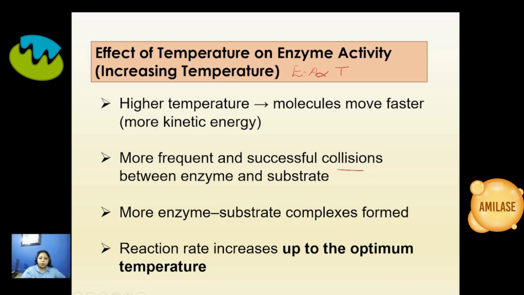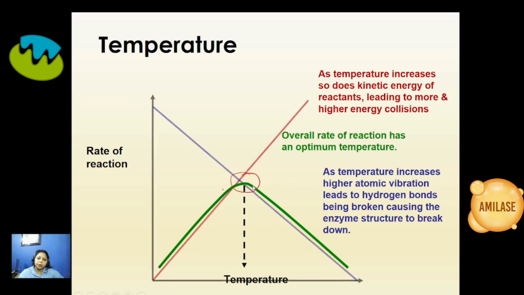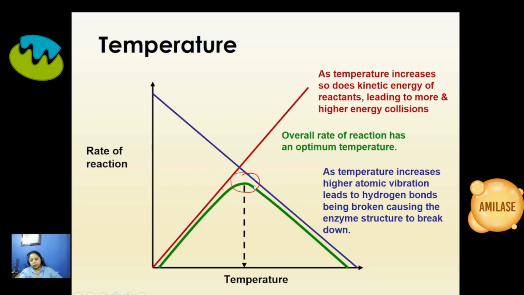Now what is an optimum temperature? We say this is the temperature at which the enzyme activity is maximum. If you look at this diagram, you can see the enzyme activity is at its top. So we say this one is the optimum temperature. Let's just plot a graph. When we increase temperature, you can easily see the rate of reaction is also increasing, but only up to a certain point, which we name the optimum temperature.